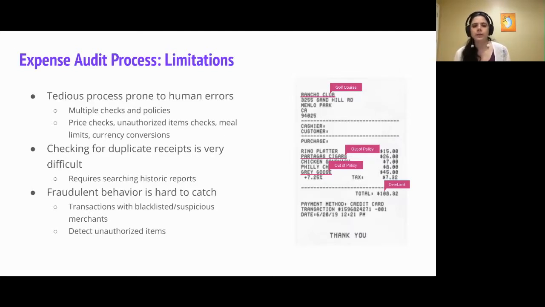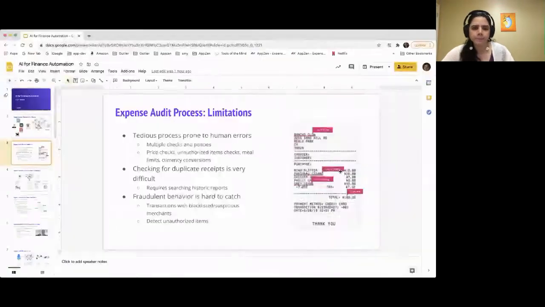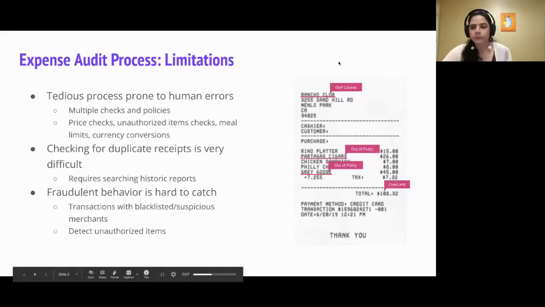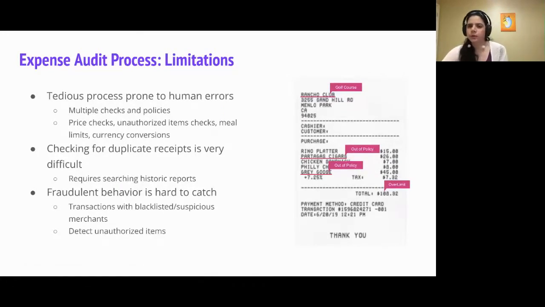For example, some of the fraudulent behavior can be really hard for the auditor to catch. Like in this example, Rancho Club, that's what this receipt says, and there is a bunch of items like Grey Goose and stuff like that. Now what can happen here is that there could be a policy that says,